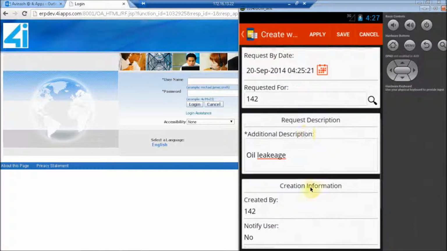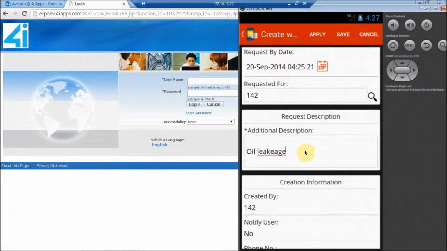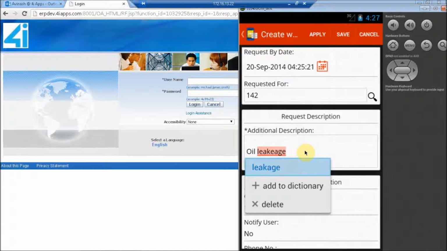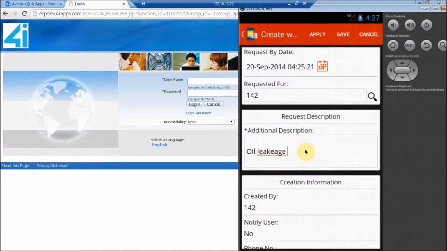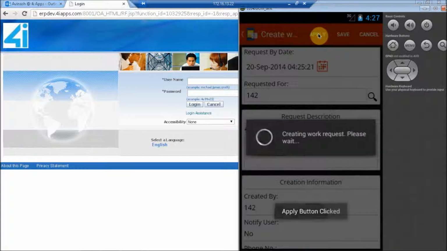If I want, I can update this. And click on apply now. So now we are posting this work request to EBS.